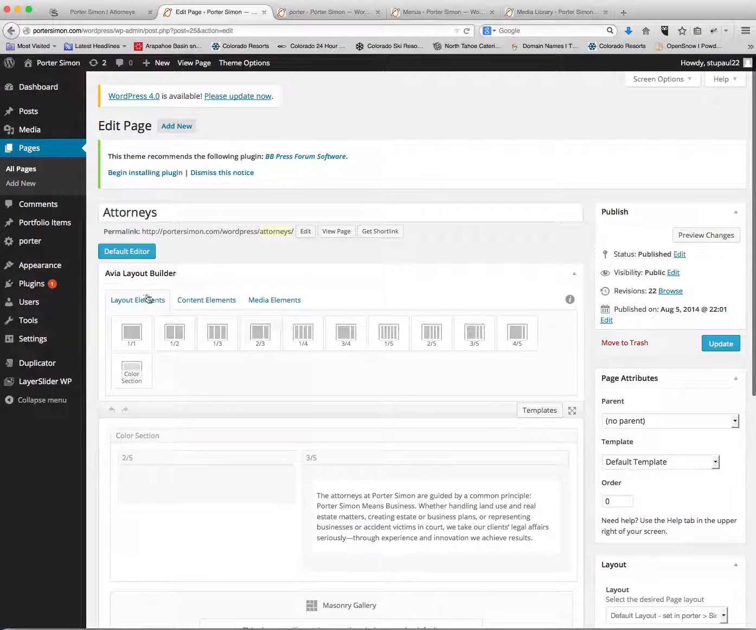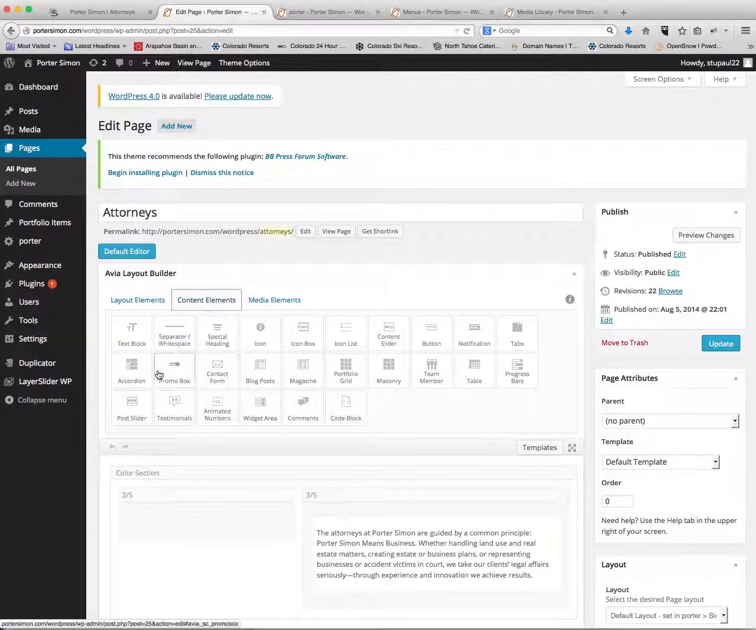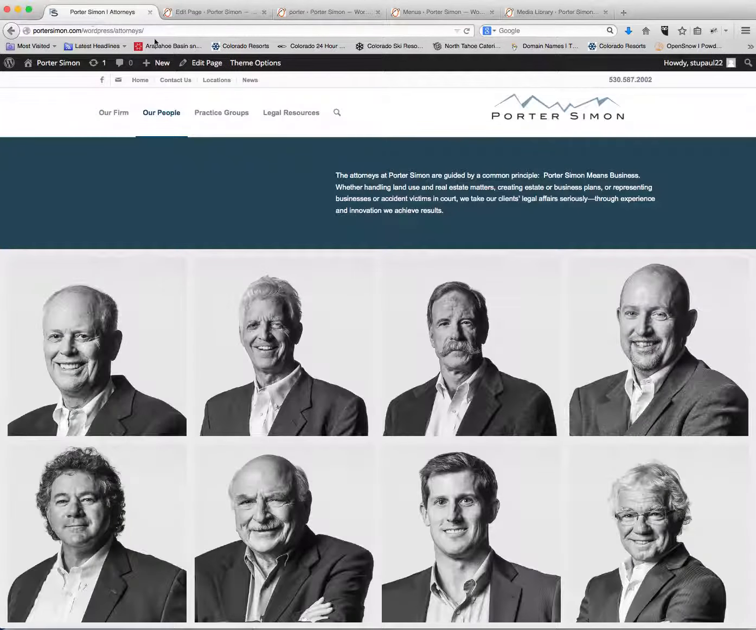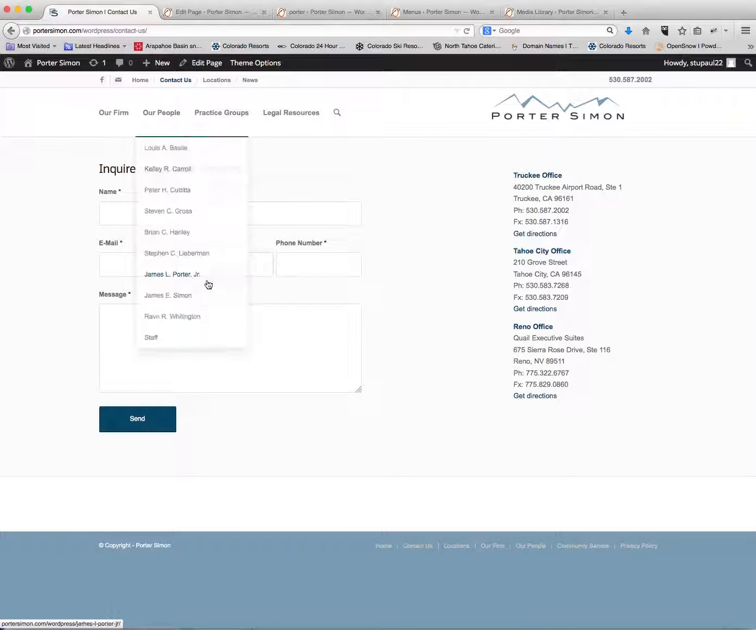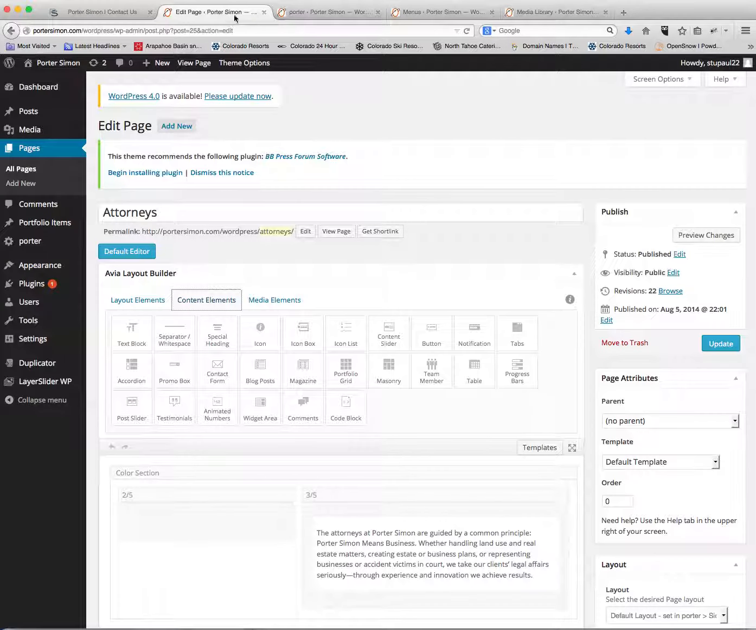You have columns, you have 3 tabs here. Layout elements are columns. Content elements are things like text block, white space, or horizontal rule. Heading, an icon, a button. Team members, portfolio grid, a contact us form, which I think we've used here. That's what a contact us form looks like. Testimonials, progress bars,